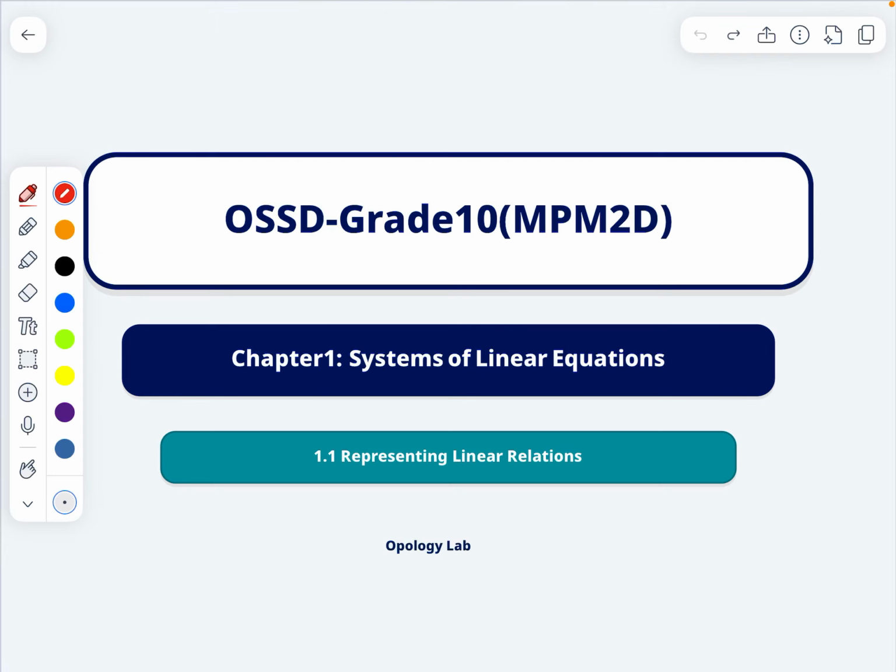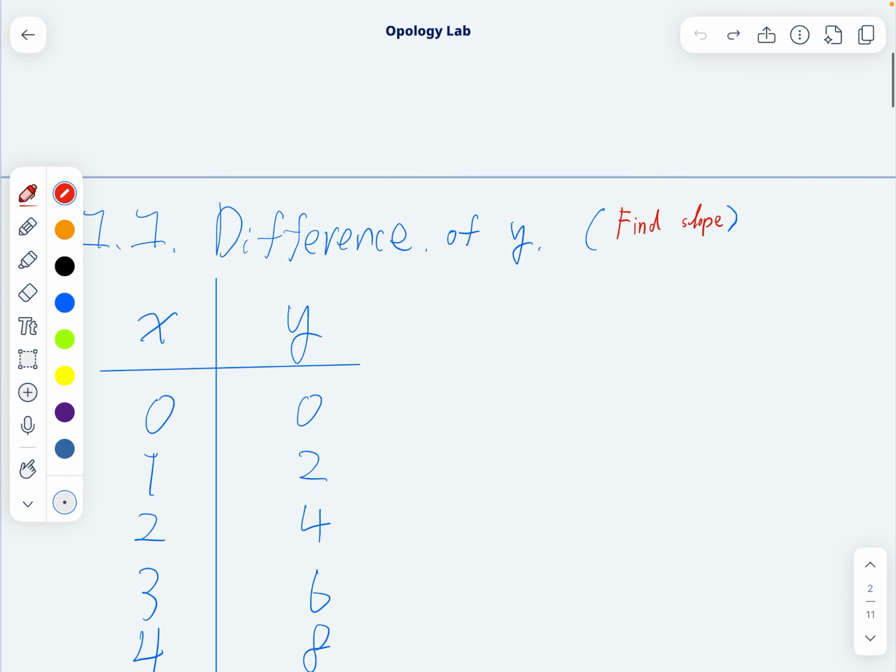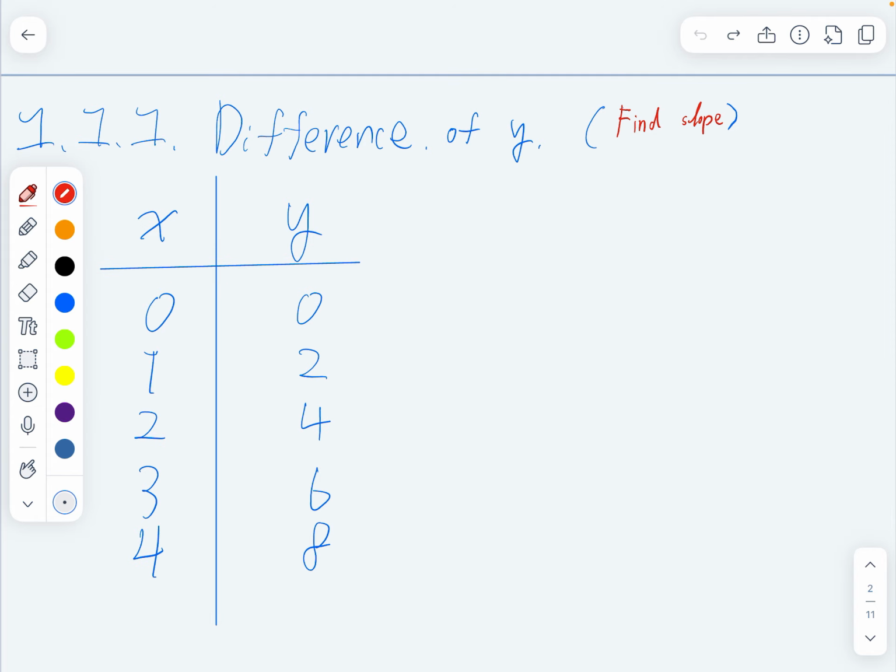Welcome to the OPOLab. This is the OSSD Grade 10 MPM2D, Chapter 1, Systems of Linear Equations, Section 1, Represent Linear Relations. In the first subsection, we're going to talk about the first kind of